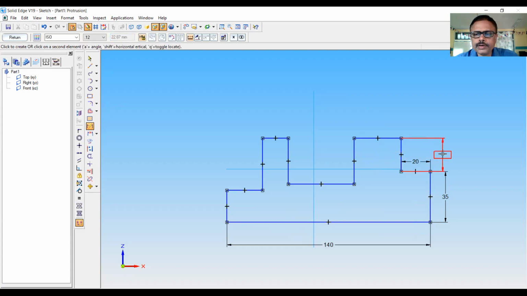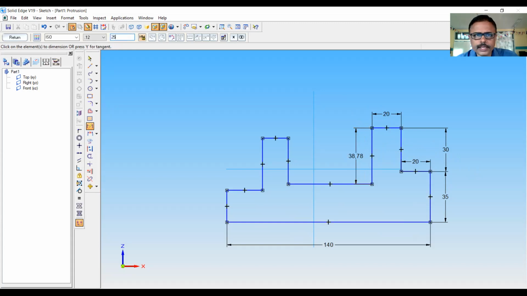I am in smart dimension tool command. This one is 30. And this is 20. This dimension is 25. This dimension is 60.